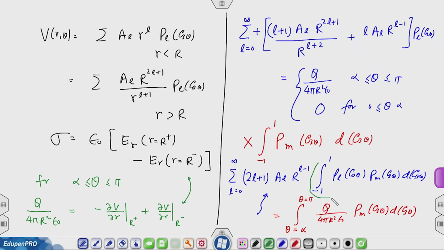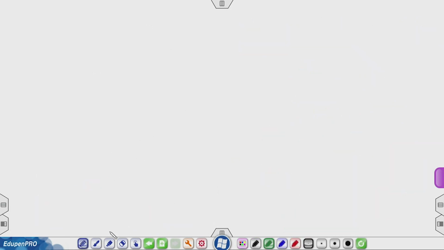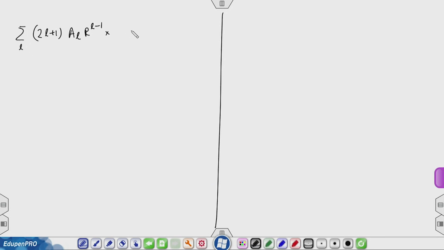This fellow out here is going to be 2 over 2m plus 1 delta m L. So, what I am going to get is 2L plus 1 A_L r raised to L minus 1 is summed over L times 2 over 2m plus 1 delta m L